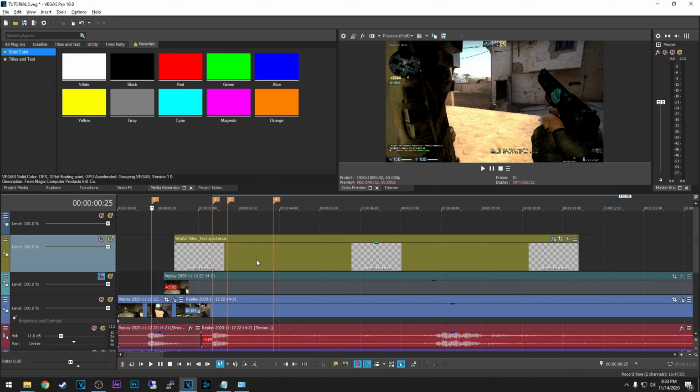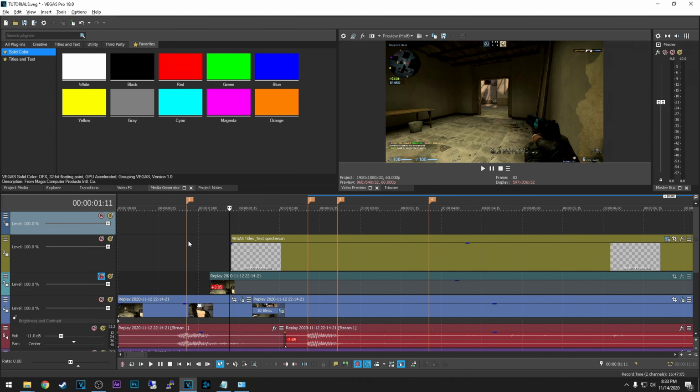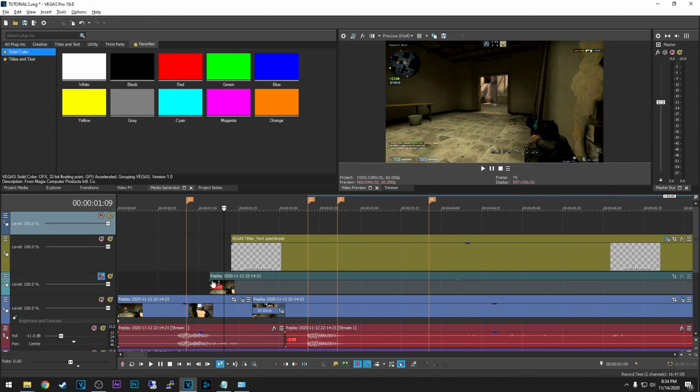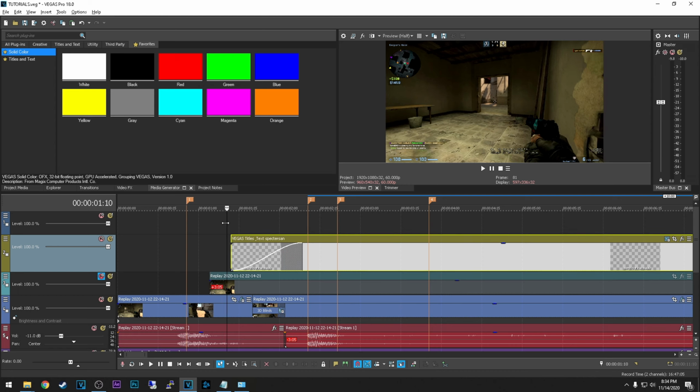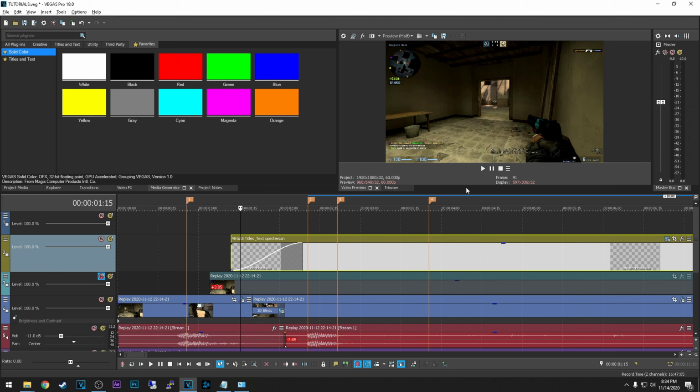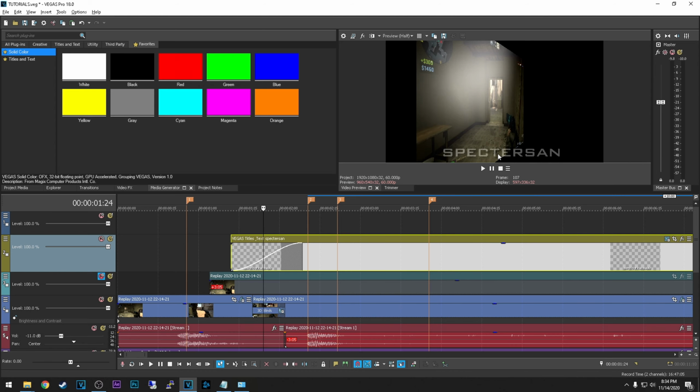Anyway, what I forgot to mention, on each clip or on any solid color, text, or even audio or whatever, you can add a fade in and a fade out. In order to do this, what this fade in means, instead of just having my name pop up randomly on the screen, I can have it fade in beautifully by using this option right here, this fade in offset. Just hold mouse 1 and drag it a bit to the right, and you'll see that it just fades in, just like that.